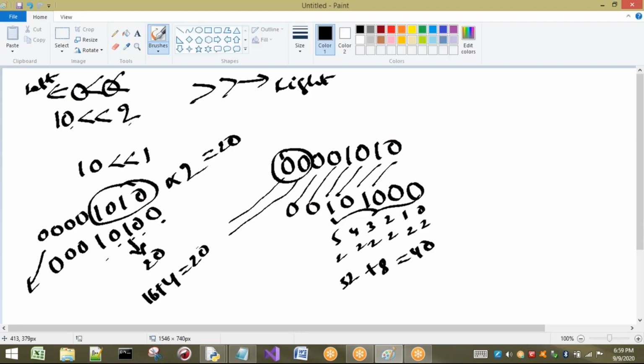So whenever you are going to perform left shift, just remember this small logic. If you shift one shift left for any number, it will be multiplied by 2. Here how many times have I shifted? 2 times I have shifted. So it will be multiplied by 2 twice. Then what is the answer here? We are going to get 40.